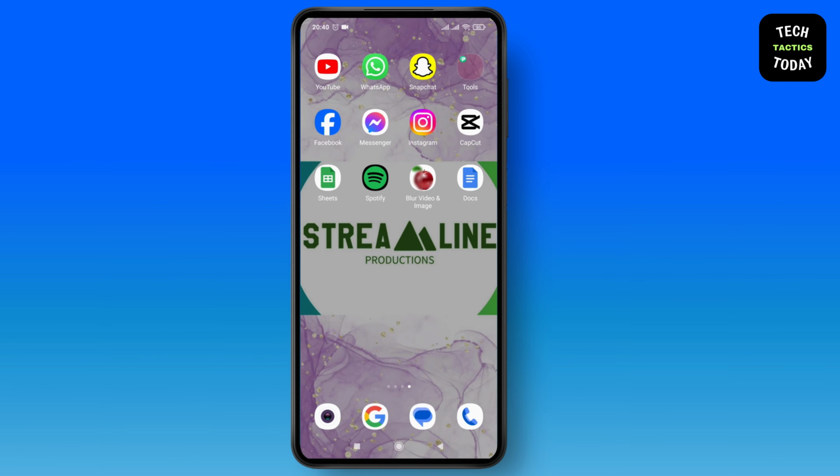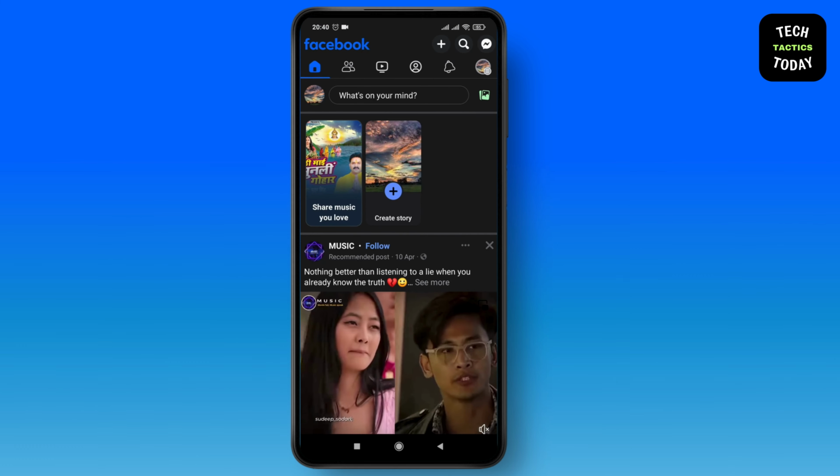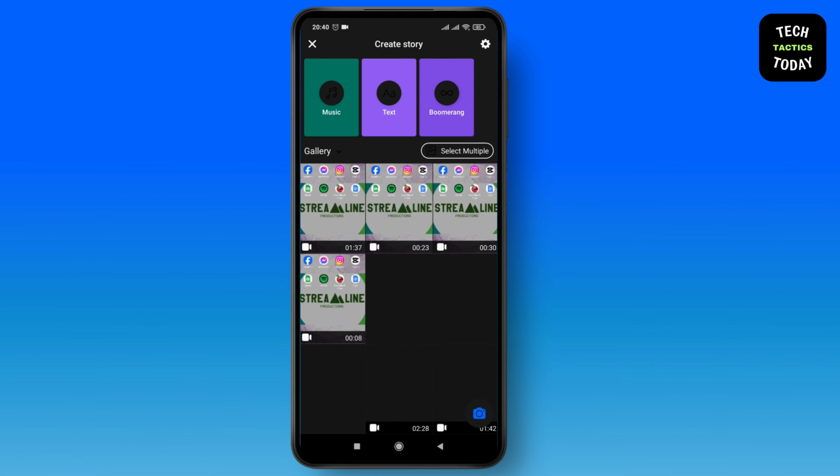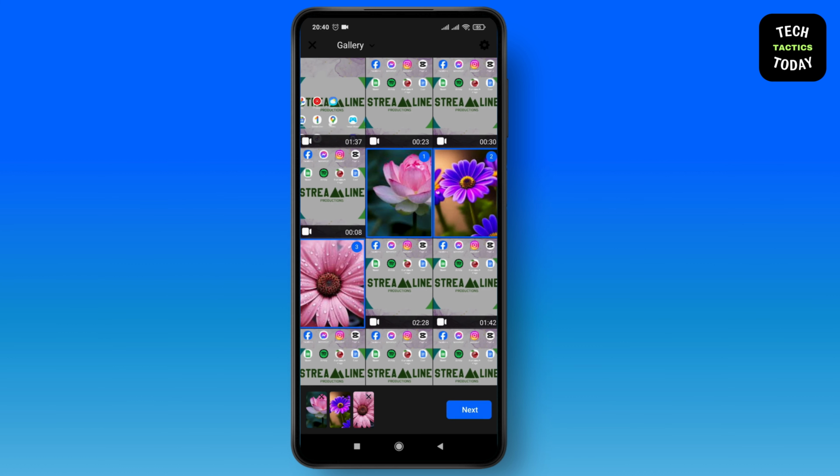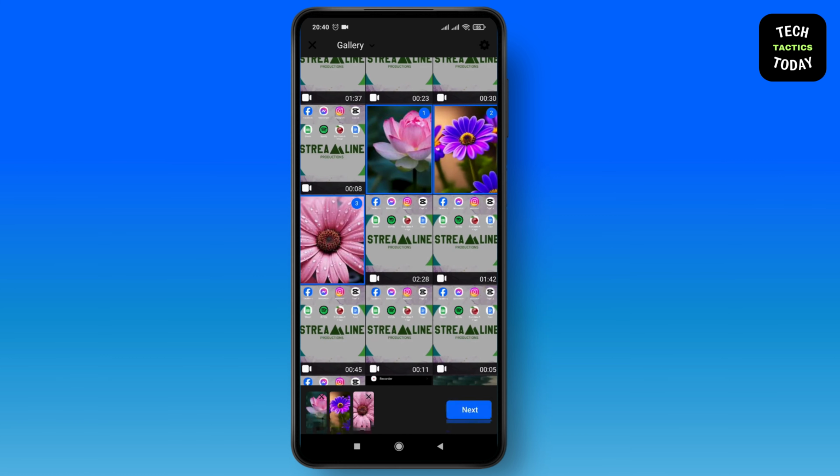First of all, go to the Facebook application. Here tap on create story, and here tap on select multiple and select some photos that you want to upload to your story, and at the bottom right corner tap on next,